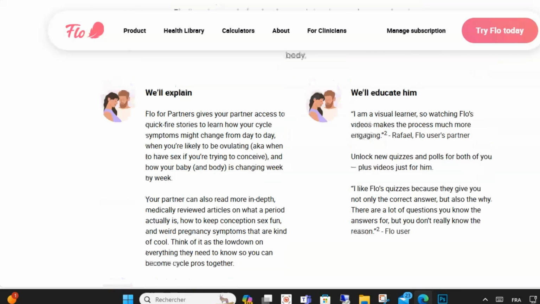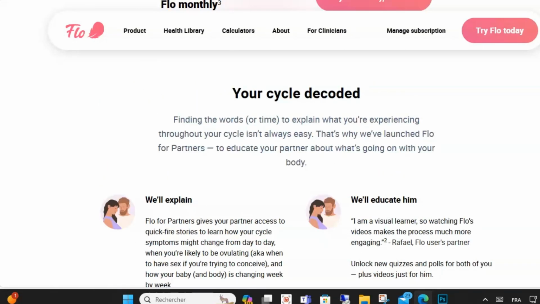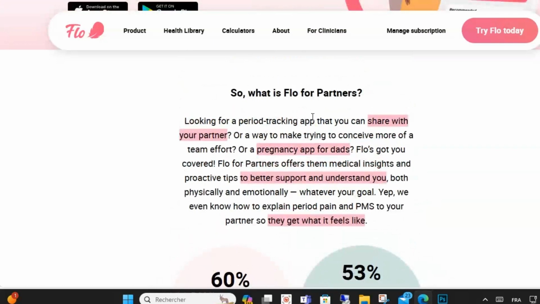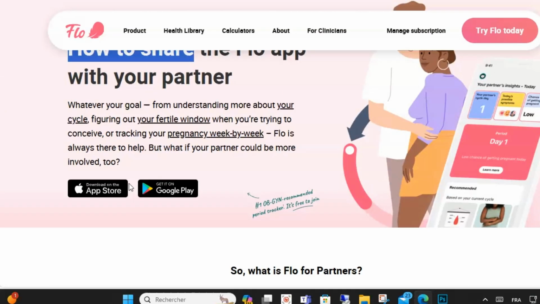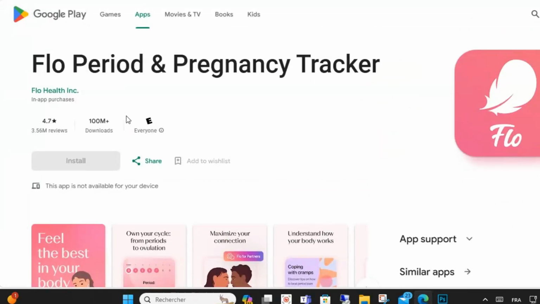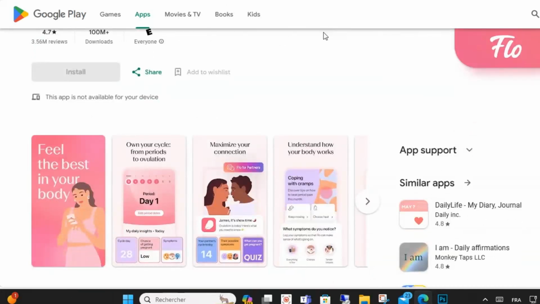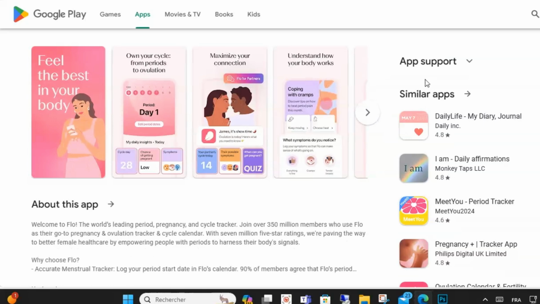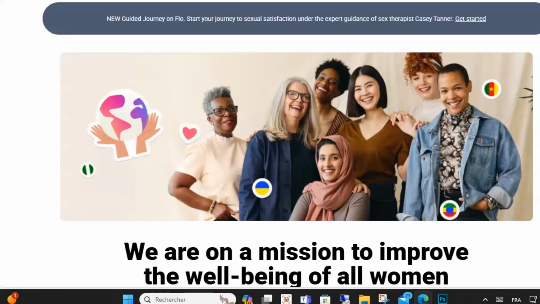generate a message containing a unique code, and your partner will need to download the Flow app and enter the pairing code. Enter the code provided, and when you enter it, your account will be paired and you can explore the app together. You can also, in the menu, stop sharing your Flow app with your partner at